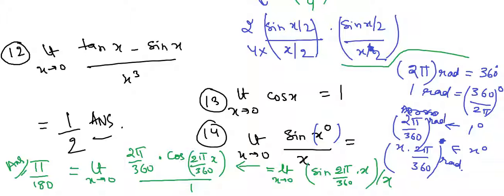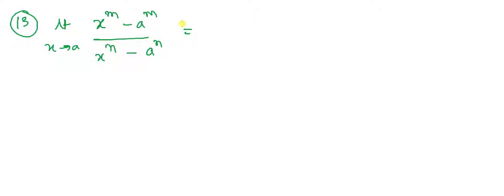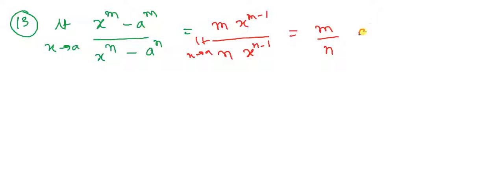Let's take another example. This is our next problem. I've seen many students learning this by heart. They learn the formulas. There's no need to learn it. You can just differentiate if you get 0 by 0 form, and if after you put x tends to a here, you'll get 0 by 0 form. So what you have to do is differentiation. That will be m into x to the power m minus 1, upon n into x to the power n minus 1, and put limit x tends to a here. So obviously this quantity and this quantity, what you'll get here is m upon n, a to the power m minus n as your result.